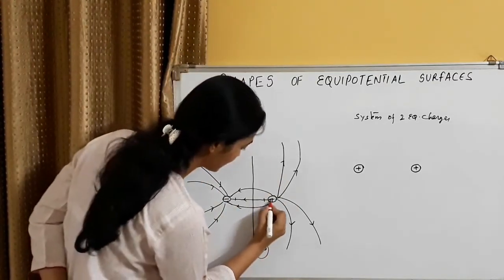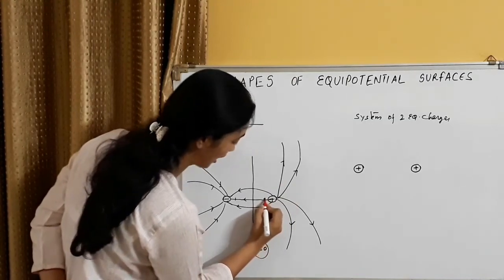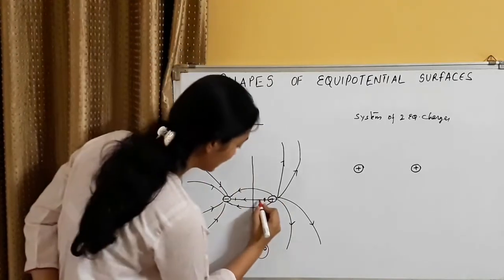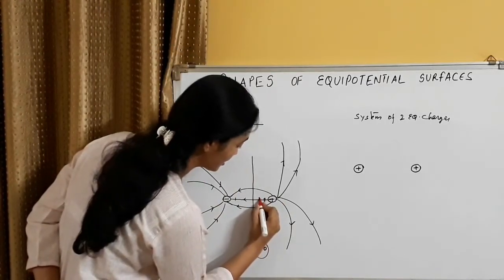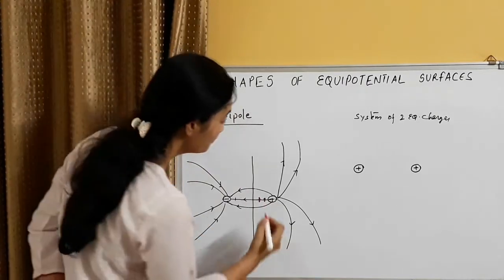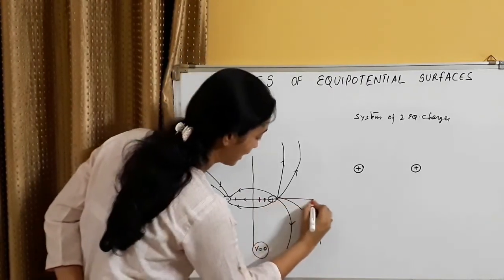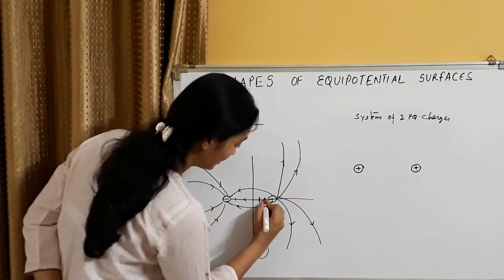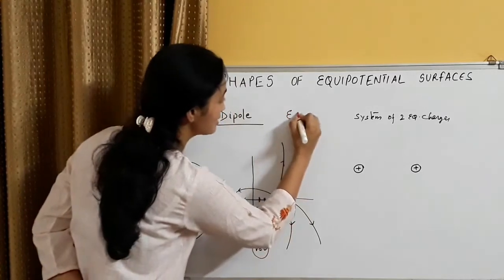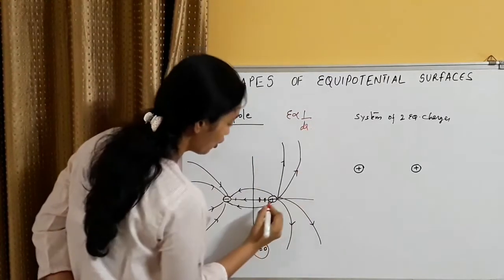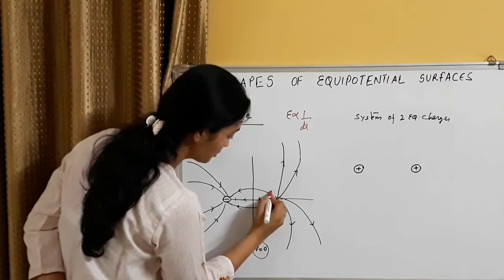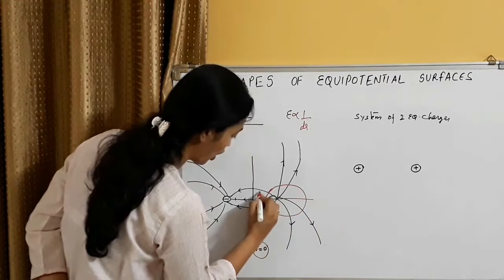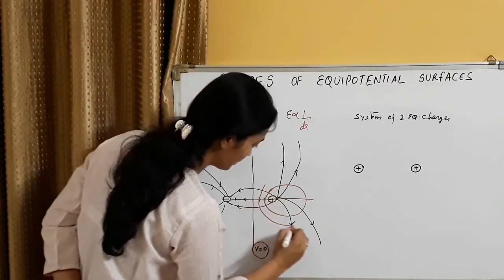Second thing I want to tell you, let us take a point close to plus Q charge. This point is close to plus Q charge, so the electric field will be strong. Then here you have another point close to plus Q charge, the electric field will be strong. Now if I take the same points on the other side, we know that E is inversely proportional to dr. So when the electric field is strong, the distance between the equipotential surfaces will be small. Here the equipotential surfaces will be like this.